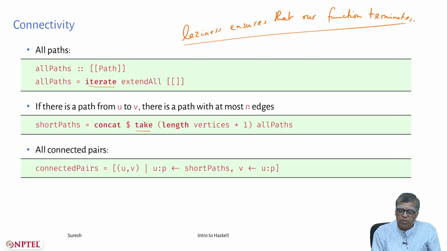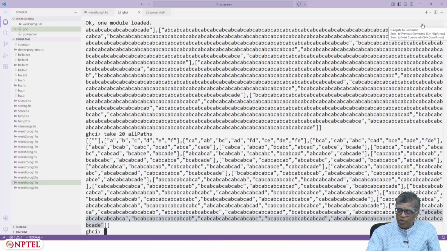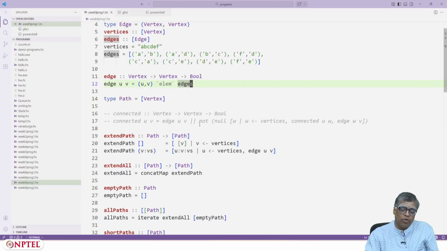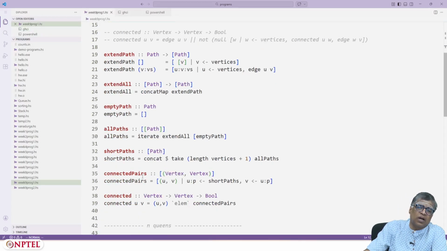Let's go here. And I have also programmed this connectedness here, because short paths I have defined exactly this, connected pairs are this, and if you want to check whether something is connected, I will just say uv such that the pair u comma v is an element of connected pairs.